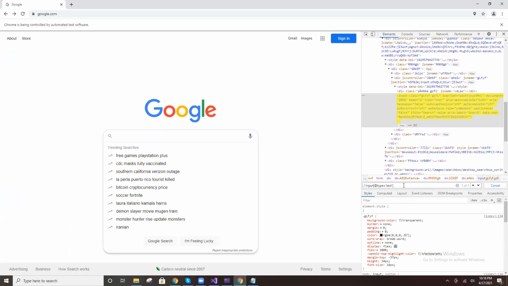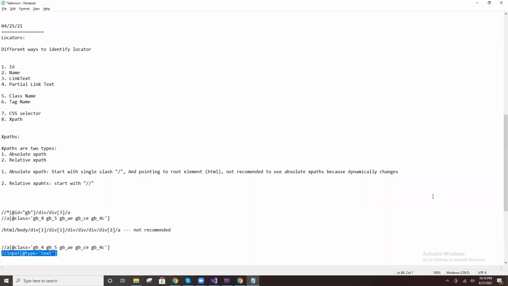Got it now. This also works out. As of now, 1 of 1, right? If it identifies multiple elements, then